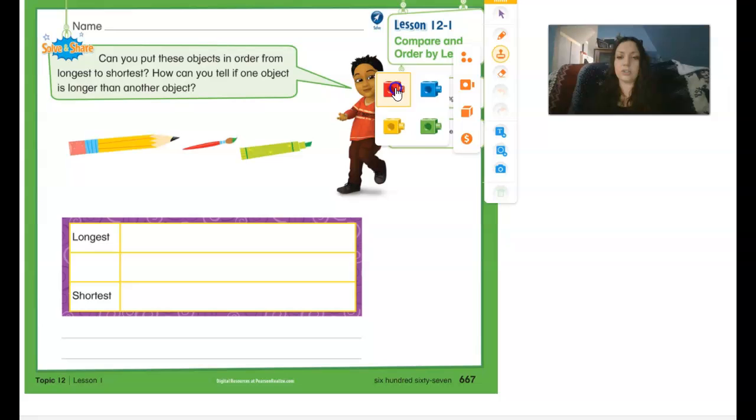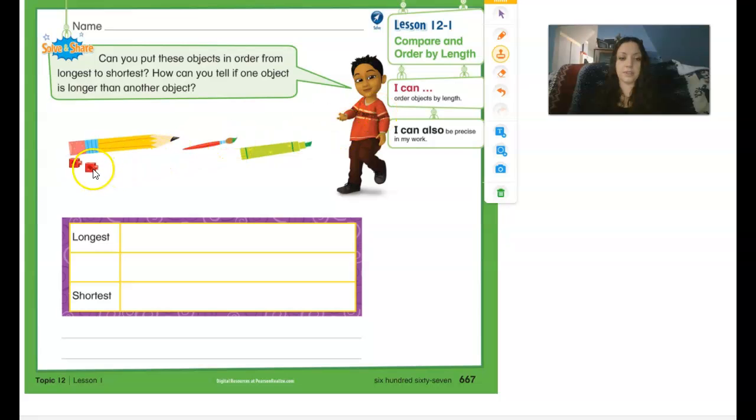So we're going to use some blocks to measure how long the pencil is. Are you ready? So 1, 2, 3, 4, 5, 6, 7, 8. So the pencil was 8 blocks long. And I want you to look how I measured. I made sure that I started right at the end and I went right to the tip of the object, okay? So we have 8 blocks,